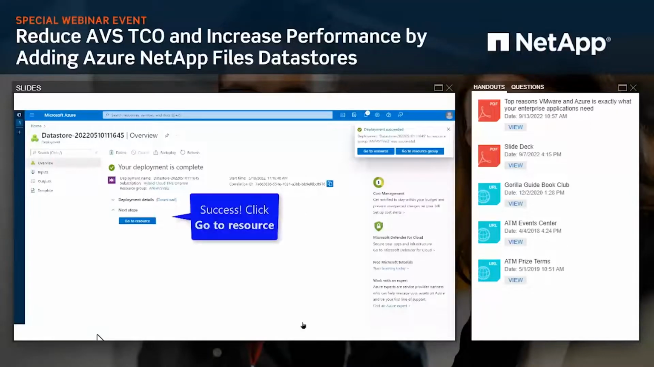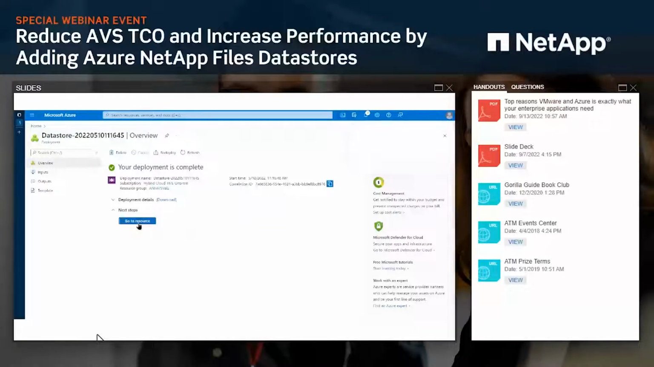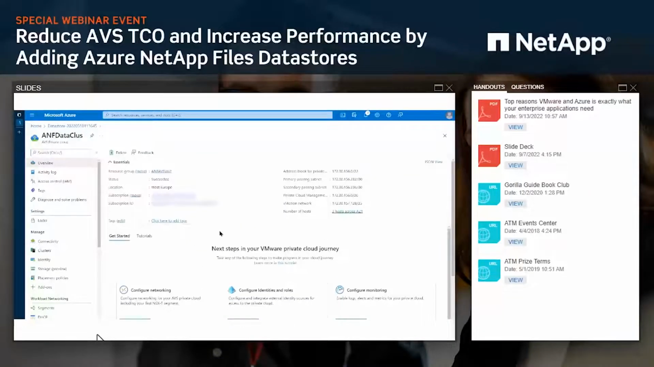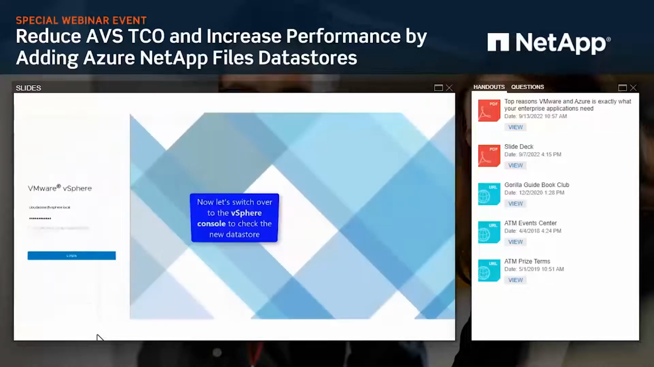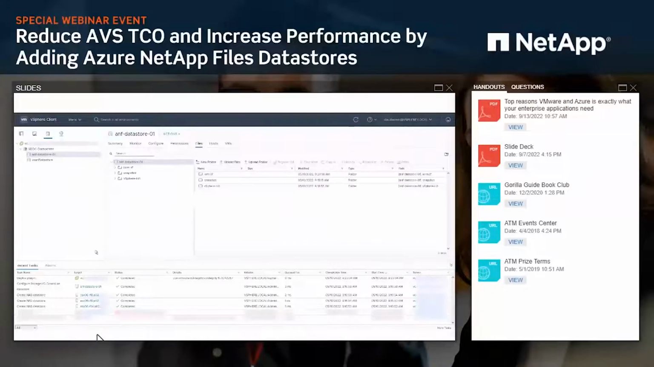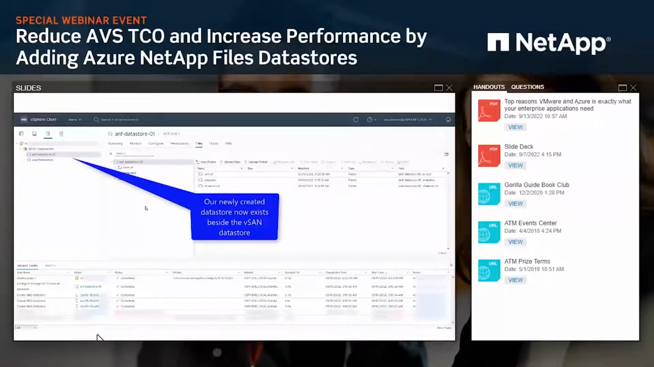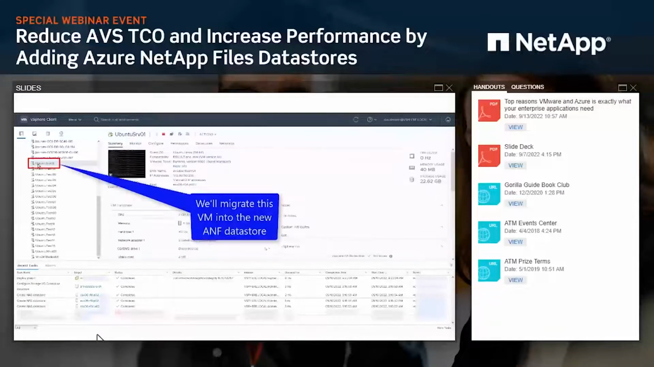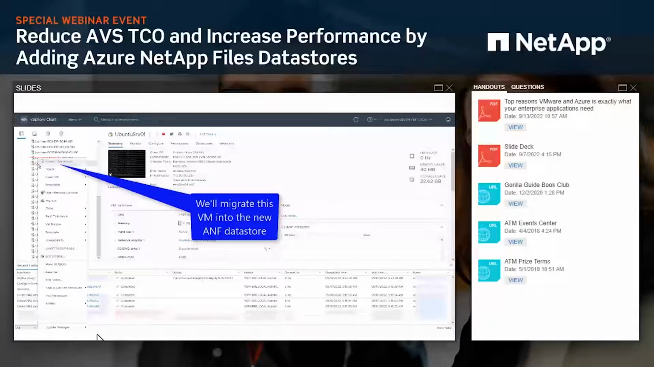And this process to attach that Azure NetApp Files volume as a data store only takes a few minutes. You can see there it's already done. We can click Go to Resource, and now we can see that we have a brand new data store connected to our AVS private cluster. We'll come in here and log into the vSphere client just to verify,